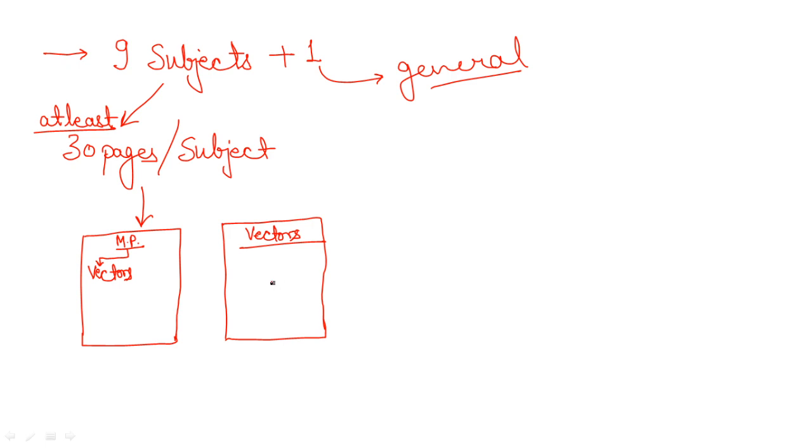In the vectors part, what you need to prepare: like the form of the vector, which is quite easy. If you want to write it, you can, because if you want everything to be there in that notebook, or how to find the magnitude of that particular vector. If you want to write that formula, note it down. When two vectors are mutually perpendicular, the condition regarding that, if you want to note it down, you can even do that. When two or three vectors are coplanar, then what will happen? So the conditions, everything you can consider, because from that part you can have a question in the exam. Just quick points. You don't need to write so much theory.